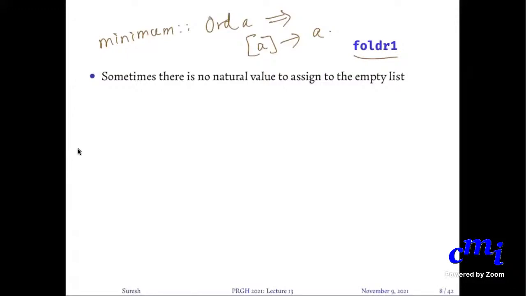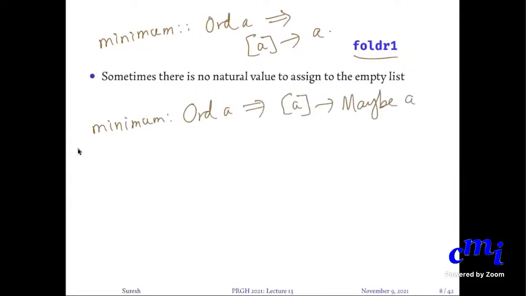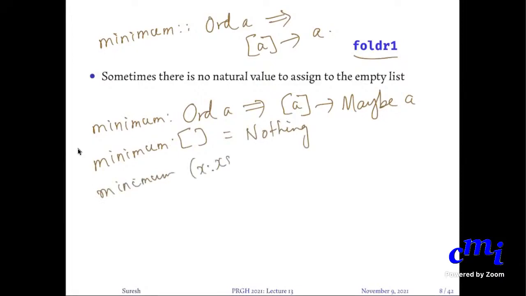Okay, and actually it is nice to use foldr1 because even if you want to return a Maybe value, suppose I want to define minimum to be this, and I might say, okay, if the input is empty, then I will return nothing. But if the input is non-empty, then I will recursively